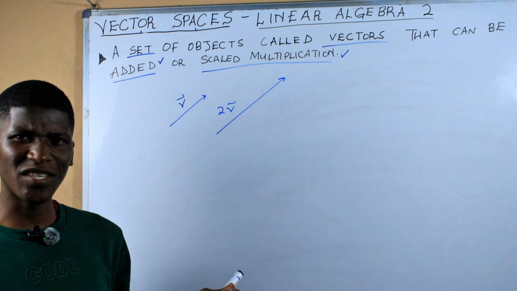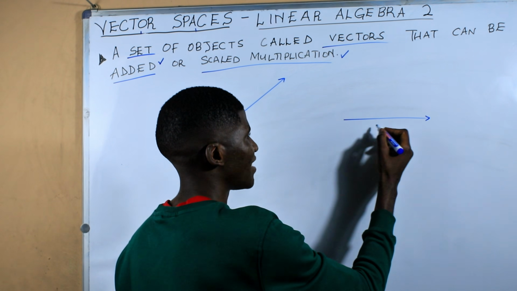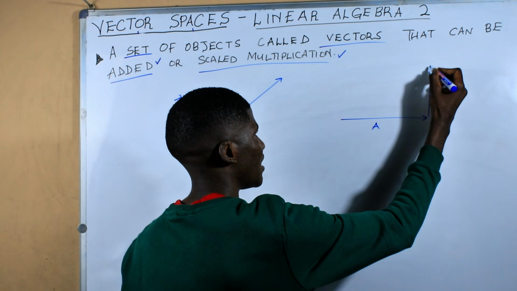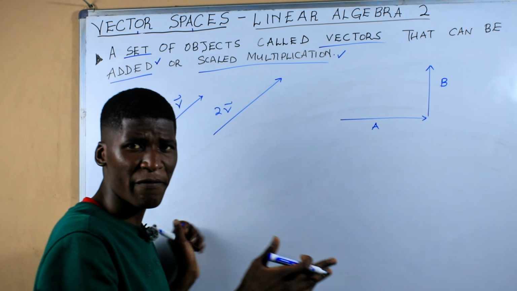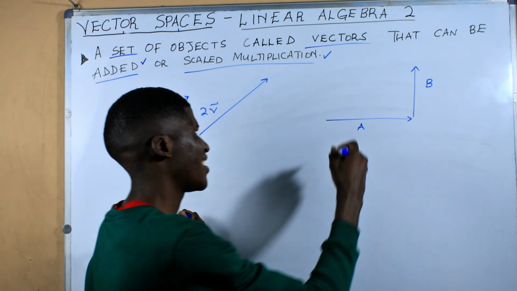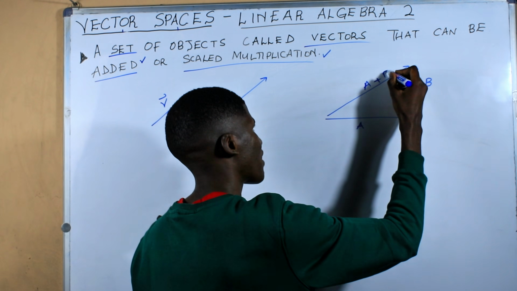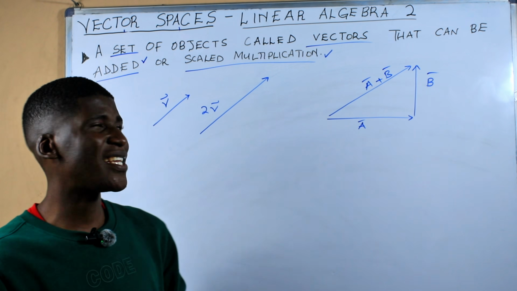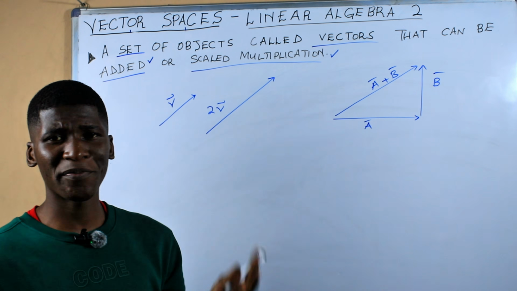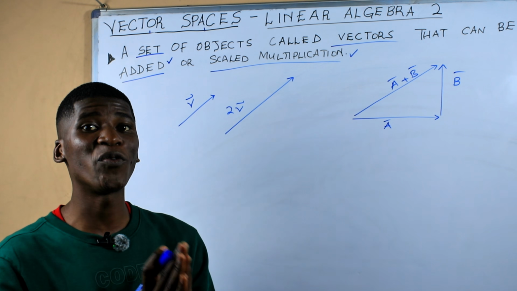Or I can choose to add 2 vectors. Maybe I've got this vector here and I say maybe this is vector a, and then I've got this as vector b, and then I can say vector a and vector b, they are following each other. I can make a resultant and say that the sum of a and b is going to be this vector, which is the sum of vector a and vector b. So we're just going to take all of this knowledge and we're just going to represent it completely mathematical with no diagrams and no geometry.